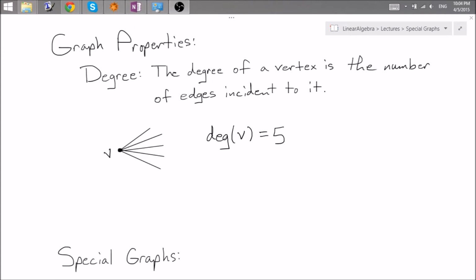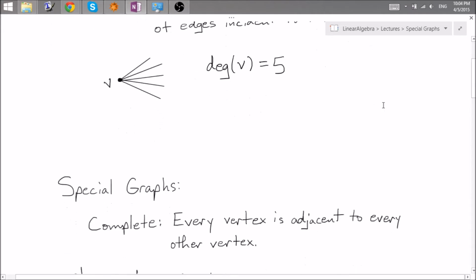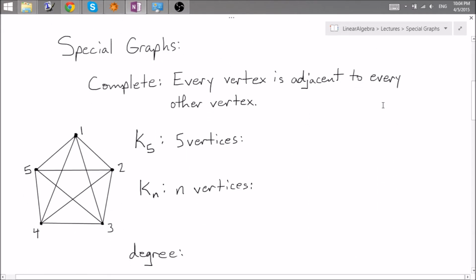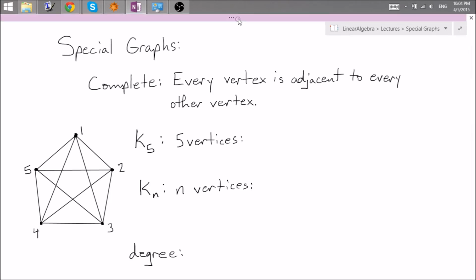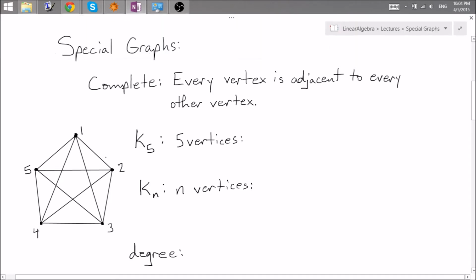And our first topic is special graphs. One of the first special graphs that come up is the complete graph. The complete graph is one in which every vertex is adjacent to every other vertex. Here on the left, if we look at our vertices 1 through 5, we see that 1 is connected to 4 and 1 is connected to 3. Every pair of vertices defines an edge. We denote the complete graph as K5, and so the complete graph on 5 vertices has a bunch of edges. We can count them if we wanted to,